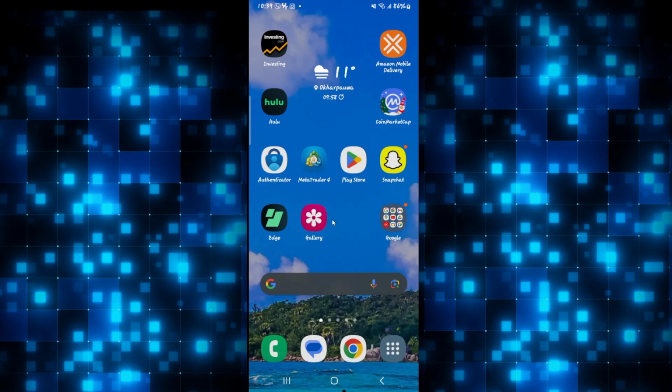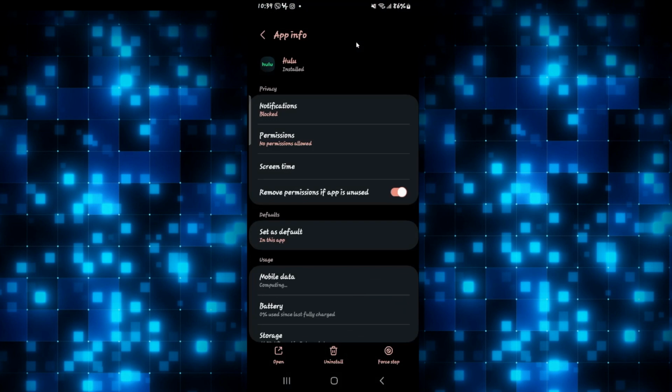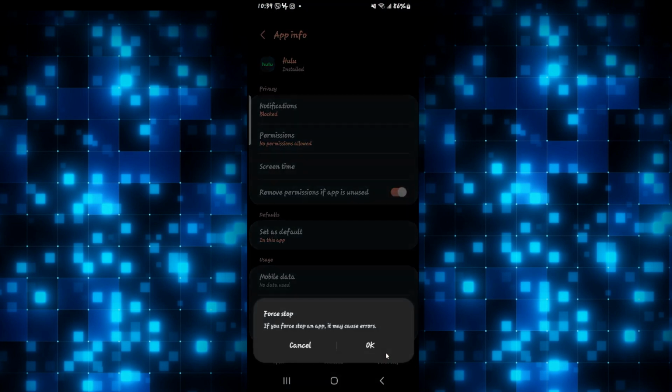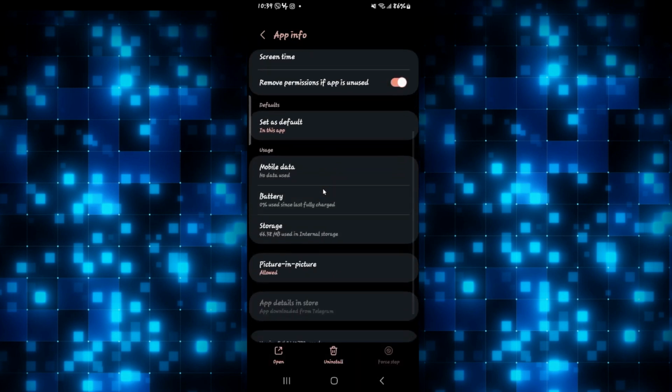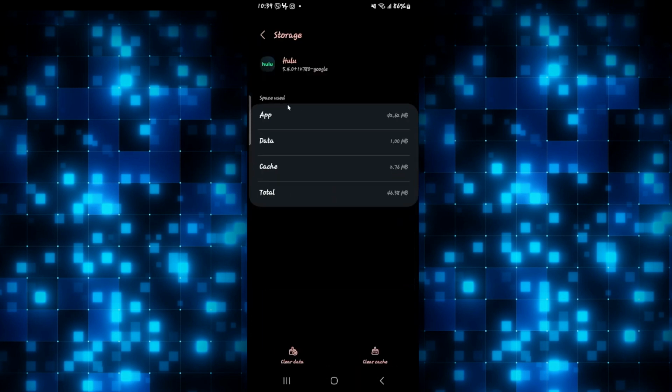If the subtitle still doesn't sync up with the audio, then long press on the Hulu application and tap on the info button. From the application info page, tap on force stop at the bottom right corner first, and then the OK button to stop the app. Then scroll down and tap on storage. Now from the storage menu, tap on clear cache at the bottom right corner and then see if this fixes